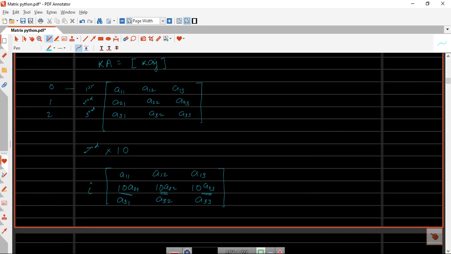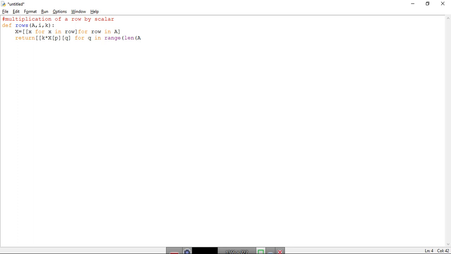So we will take the first entry of that matrix, and then we will define the 0, this one. So A[0], close the brackets, right? So this, if p equals i, then only we are multiplying that row i by that scalar.